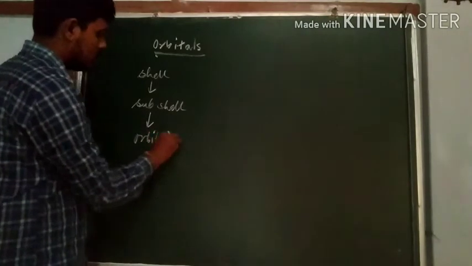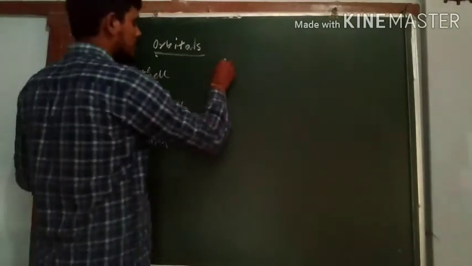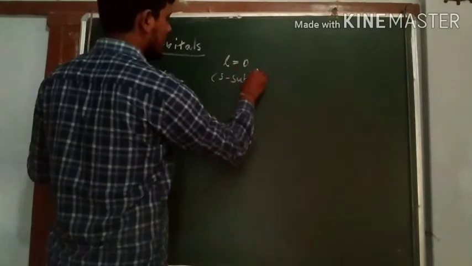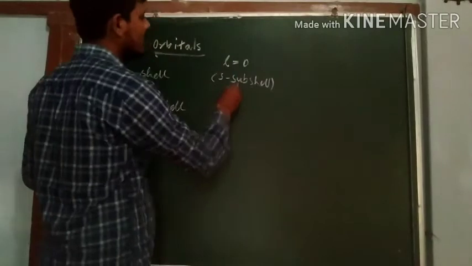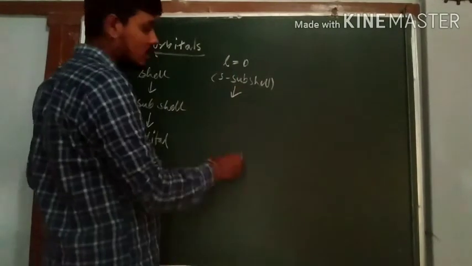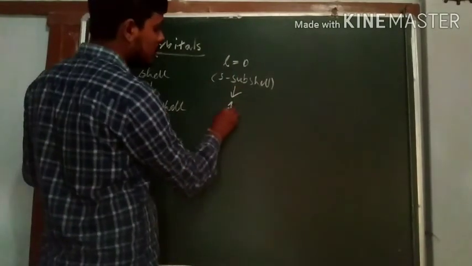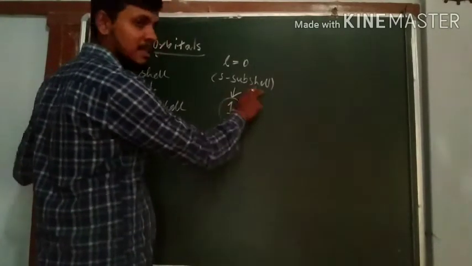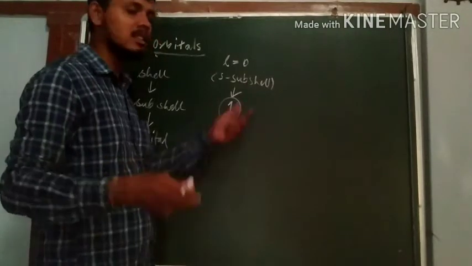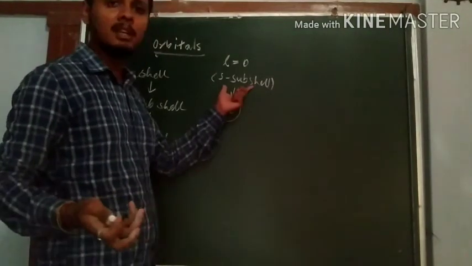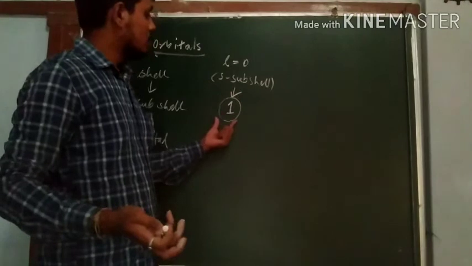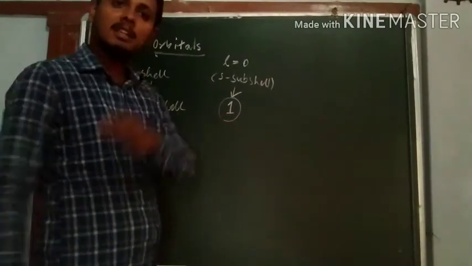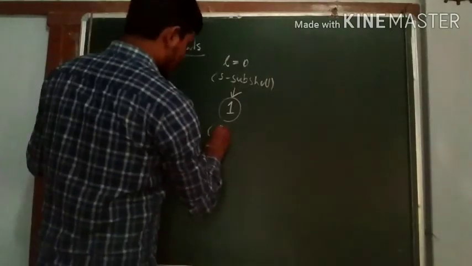Okay, so dhorilo moi eta subcell loiso bole L equals to 0, that is the S subcell. So iyat ki orbital thakibo? So S subcell, if L equals to 0, number of orbitals will be 2 into 0 plus 1, that is 1. So since this is 1, this is an S subcell. Kiyo kowa jay? Because it contains S orbitals. So number of orbitals equals to 1. That means this orbital is a single S orbital.